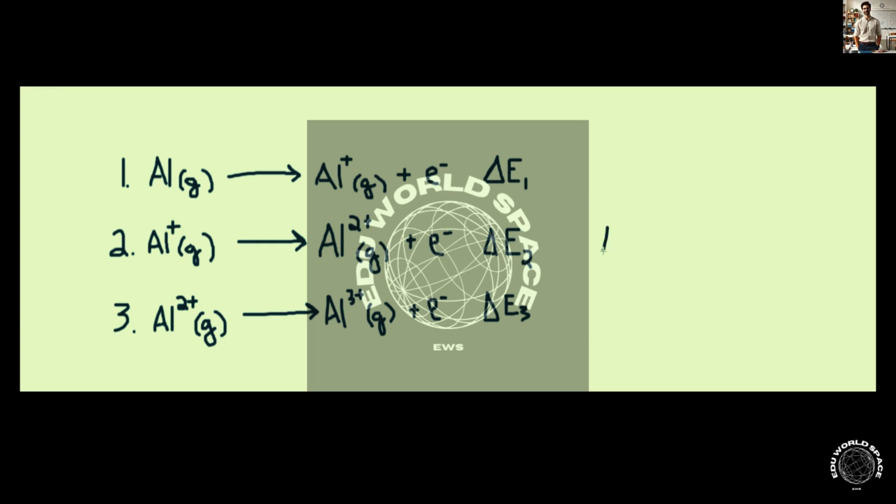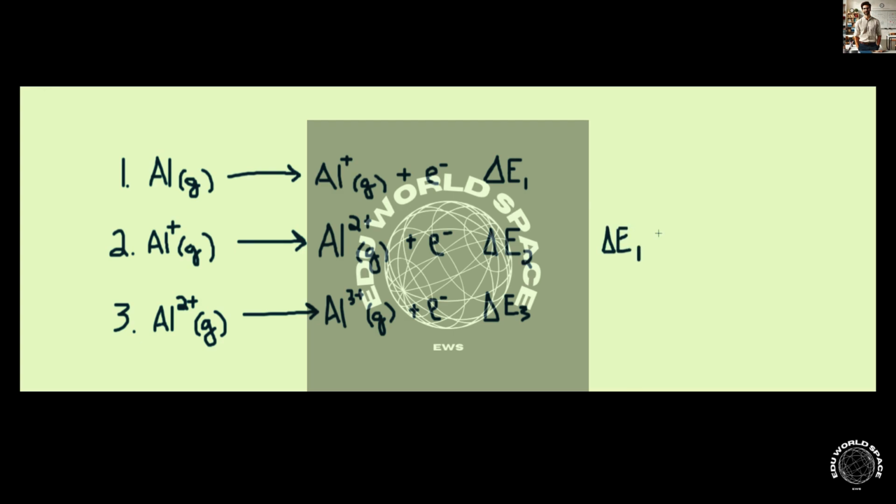So when those electrons are closer to the nucleus, removing the next electron would be harder than removing the first, because every time you remove an electron, you're removing a repulsive force in the valence shell. You're increasing the ability of the nucleus to hold on to those electrons, so it'll keep getting harder and harder and harder every time you remove an electron. So that would mean that the third ionization energy would be the largest, and the first ionization energy would be